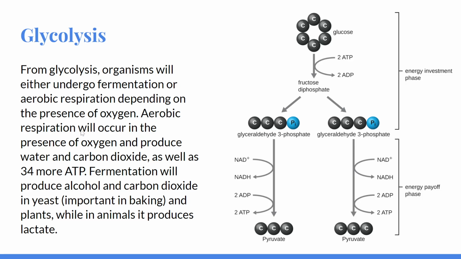So aerobic respiration occurs in the presence of oxygen, and you make water and carbon dioxide and a lot of ATP. Here you have this 6-carbon molecule glucose, and you need an input of 2 ATP. That input of 2 ATP and the breaking of that phosphate bond in ATP to ADP will catalyze the reaction for it to become fructose diphosphate, and then that is a really unstable molecule, so it will split in half